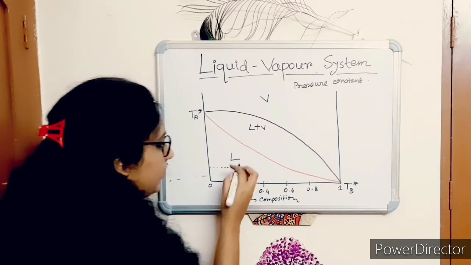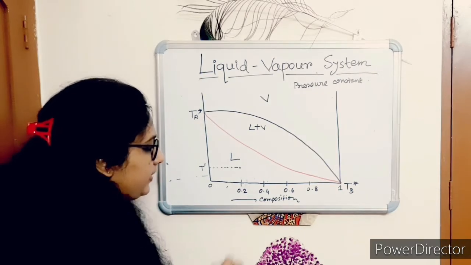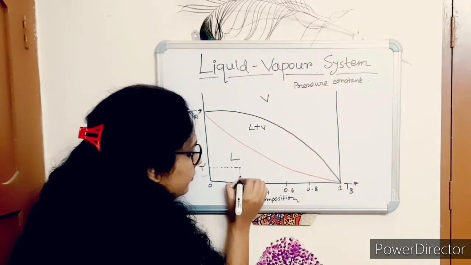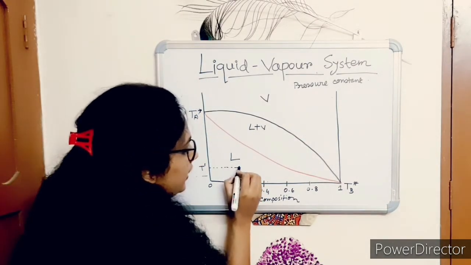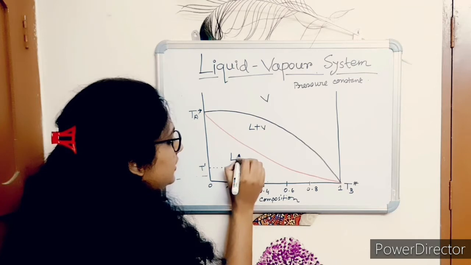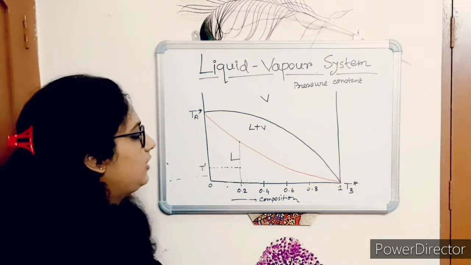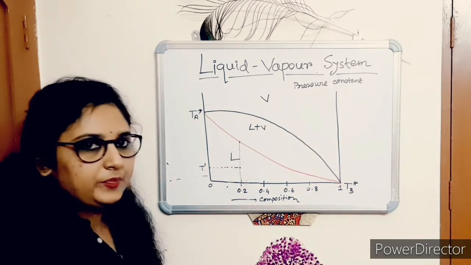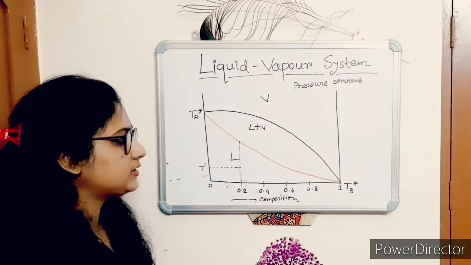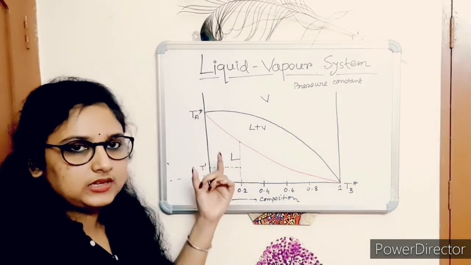Now you are taking the solution at this point at temperature, suppose, T1, and at T1 the mole fraction of B present is 0.2. For the distillation process you have to vaporize this liquid. By increasing the temperature you can vaporize it. At this point you get liquid and vapor in the same system. There is equilibrium between the liquid phase and the vapor phase in this region. From this point it begins.